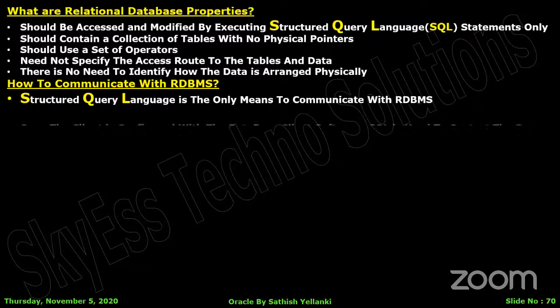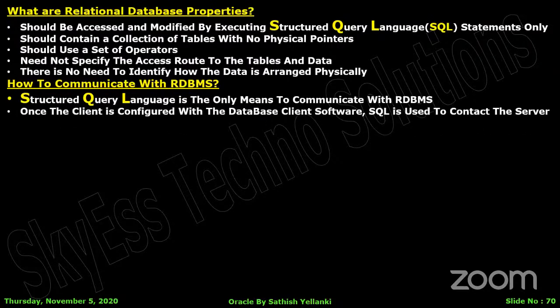Be very clear. Therefore, once the client is configured with the database client software, SQL is always used to contact the server. Sir, I want to contact my server. You don't need to know any TCP/IP programming and all this network programming. Your job is to pull your keyboard, start your client software that is given by your particular DBA. And then once the client software is activated, it is automatically connected to your server anywhere in the world. Your server is in the hell or heaven, that doesn't matter. Automatically it gets connected to that location, and your language to communicate with your server is SQL.